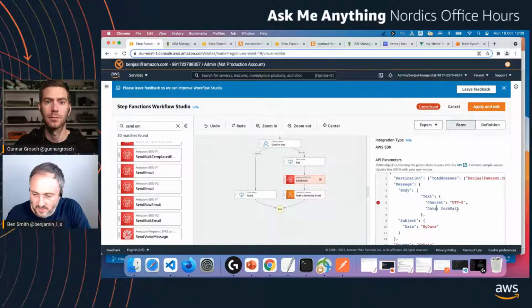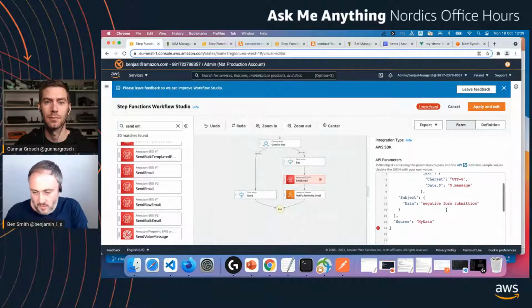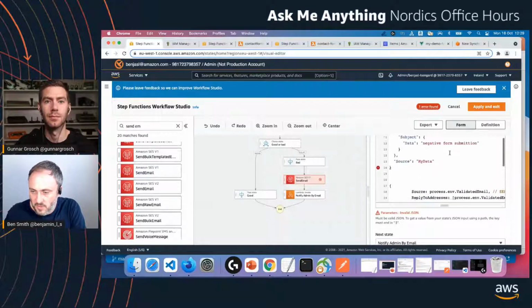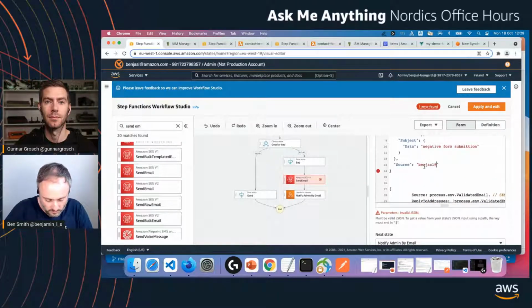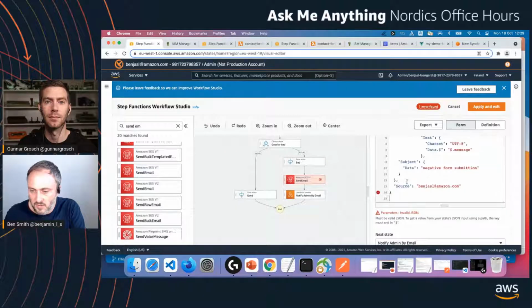Okay, this bit here, data, this is what's going to get actually sent out. So I'm going to use that to say, let's send out the message. Message. And the subject, we can just hard code that. And then our source, what does the source need to be? The source is just the email, the valid email address. That's my email address. Okay, and then I should be able to delete all of this and see if that's